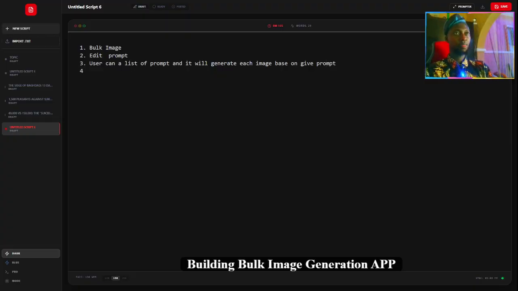And number four is, if a prompt gives an error during generation, user can edit it or retry it again. So we have number five, which is going to be a feature of the app, for